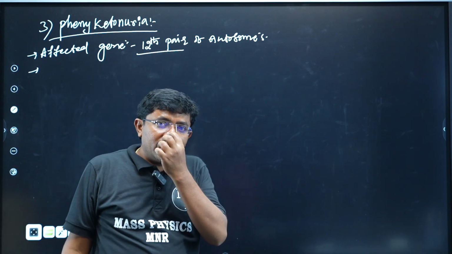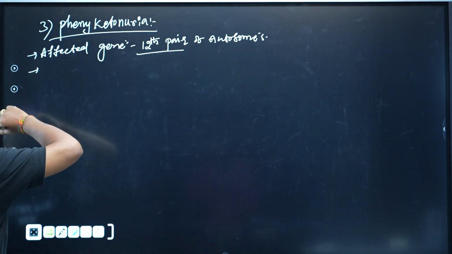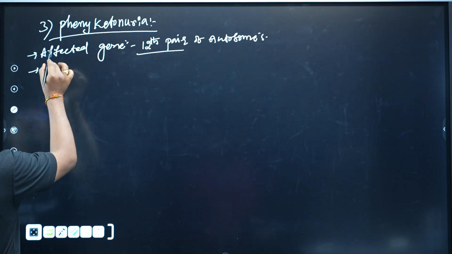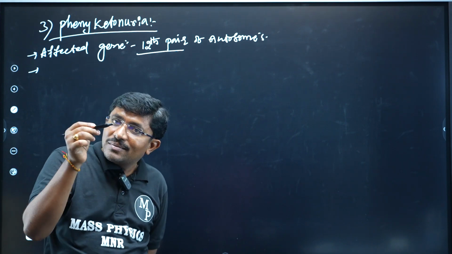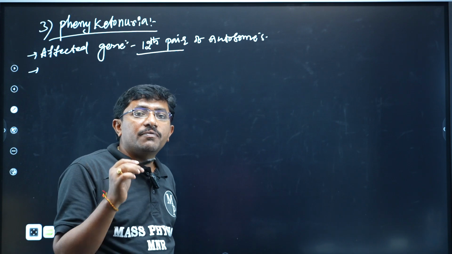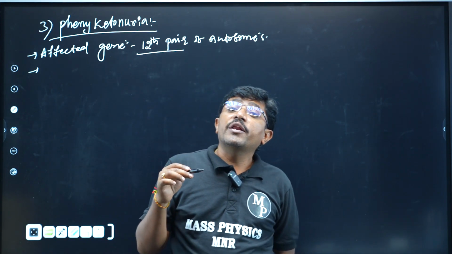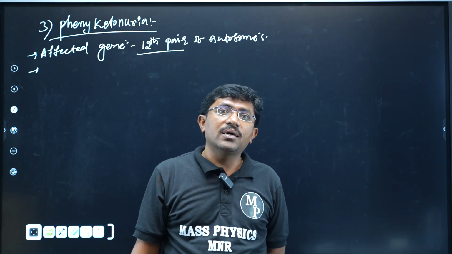The person suffers from this metabolic disorder. Now we will discuss the actual function. Phenylketonuria means the presence of phenylpyruvic acid in the urine. The presence of phenylketone bodies or phenylpyruvic acid within the urine is called